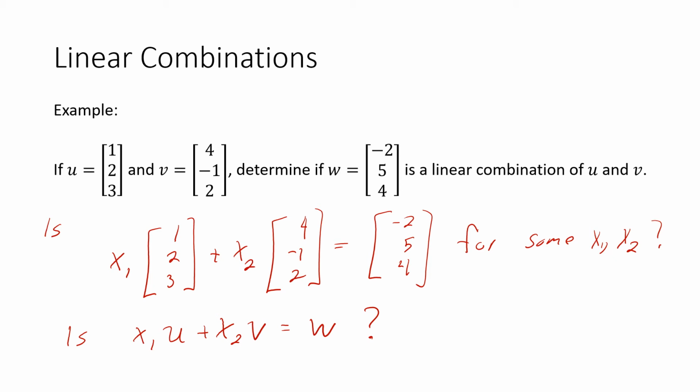So if we take that equation, we can rewrite it. Let's take the x1 and put it inside, because remember, this is a scalar multiple. This x1 is a scalar times a vector. A scalar multiplication is you just take the scalar times everything inside. So this is the equivalent of saying,